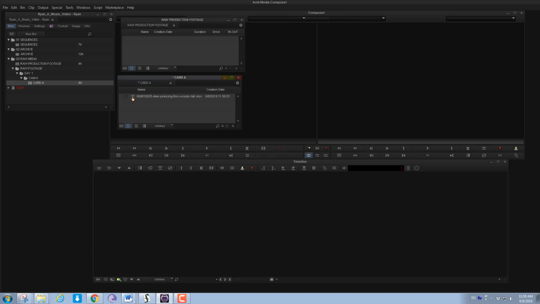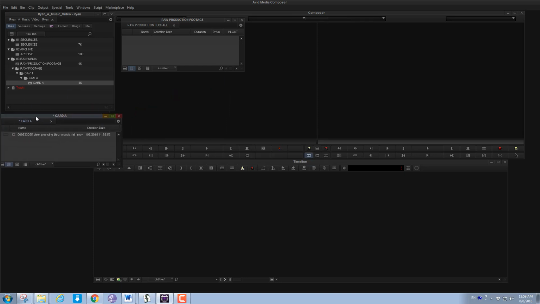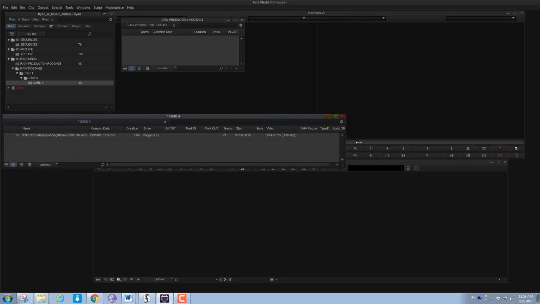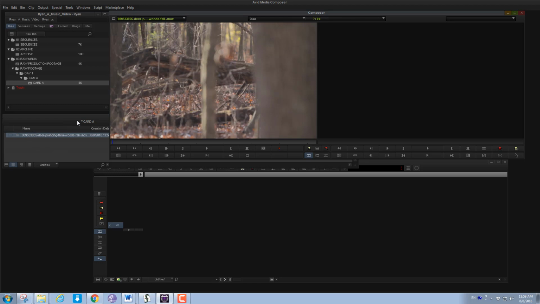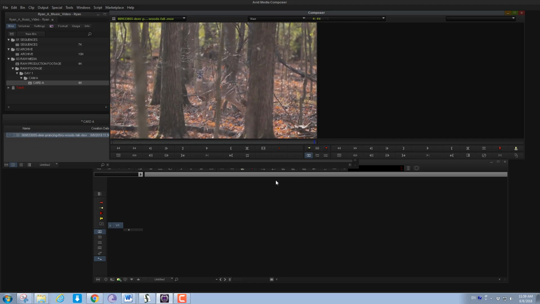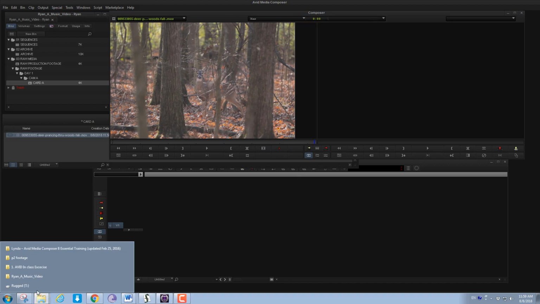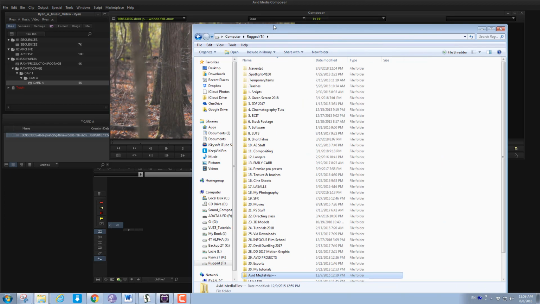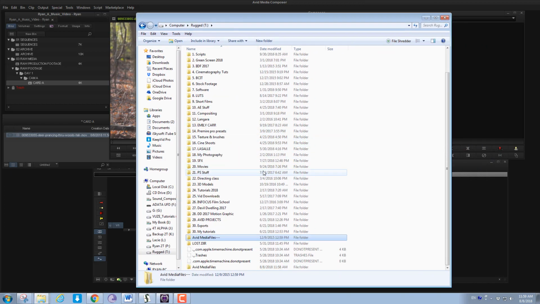Alright, there we go. So now we have our copy, and if I double click on this icon, now we can see it. But heads up, now with that rugged, remember that Avid media files folder? Look at that. It just made a new one just now, 1158, 1159. So inside there,